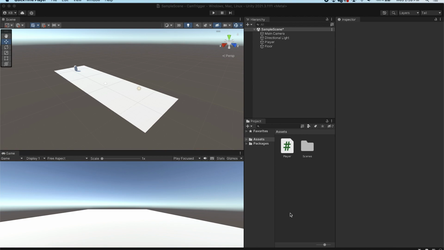Hello, welcome to this tutorial. In this session we are going to be triggering our Cinemachine cameras almost in the same light as